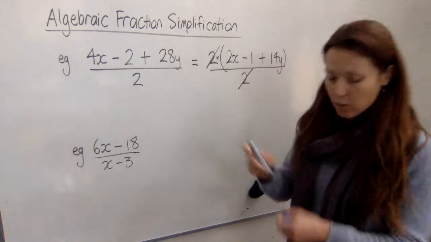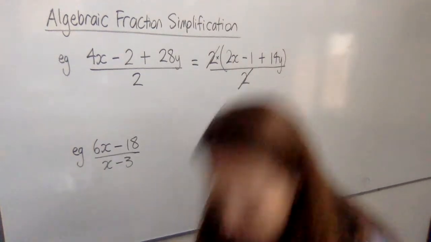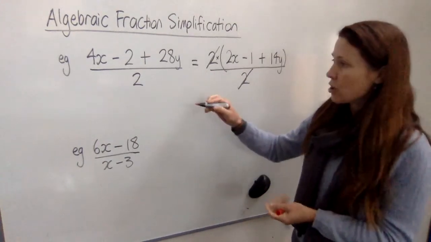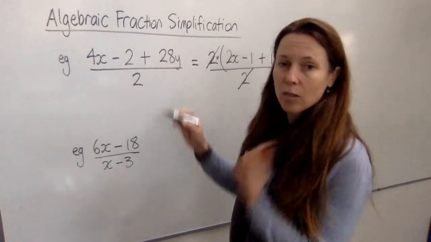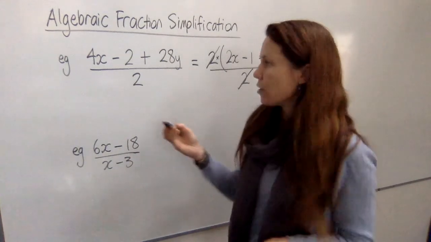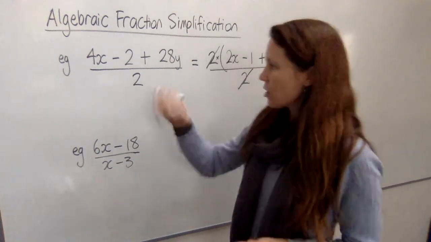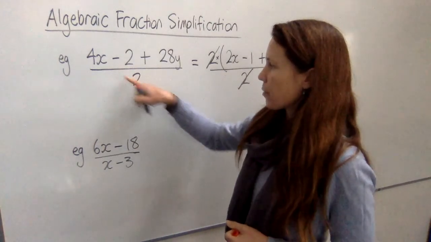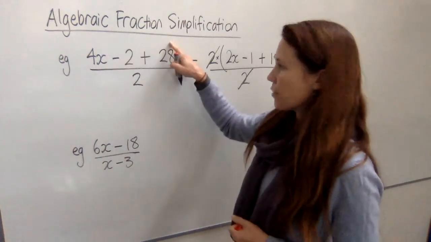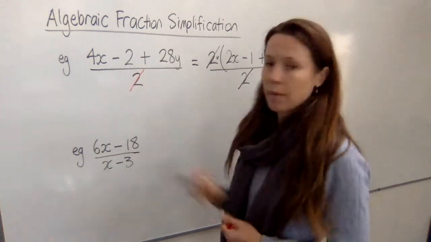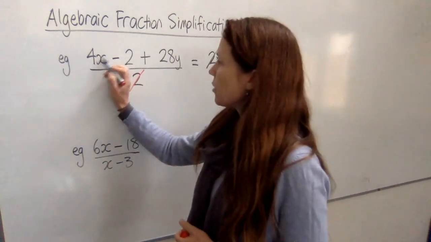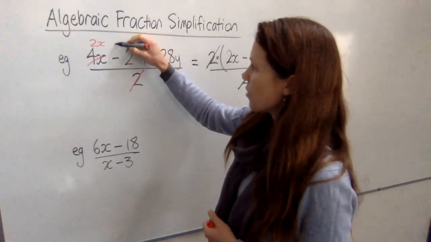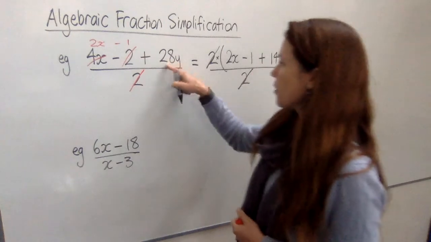Now you can also, to choose another method, which I'm going to do in red, it can be quick and simple, and it's tempting to try and just pick things out and cancel. Now as long as you cancel out of all of the terms, you will be okay doing this, but just let me show you where one of the pitfalls lies. If you say, all right, I'm going to divide this by 2, divide this by 2, and divide this by 2, thereby cancelling out the 2, here you'll have 2x. You need to remember to divide this in half to get your minus 1,